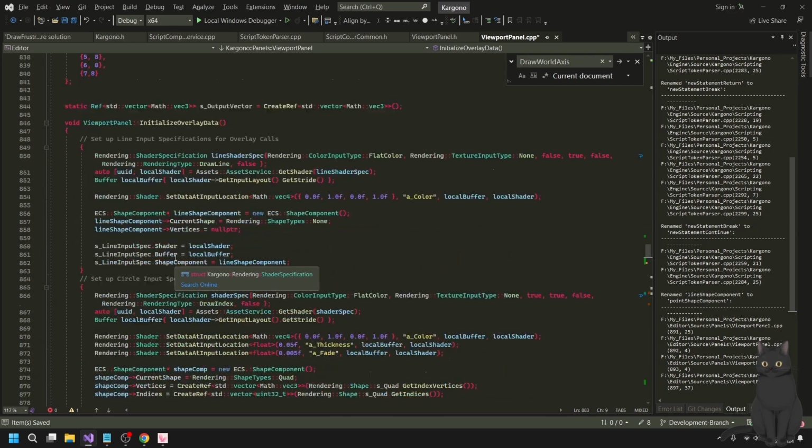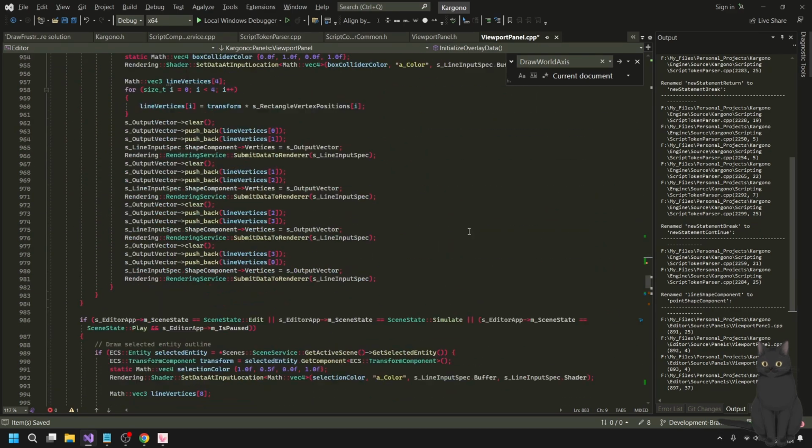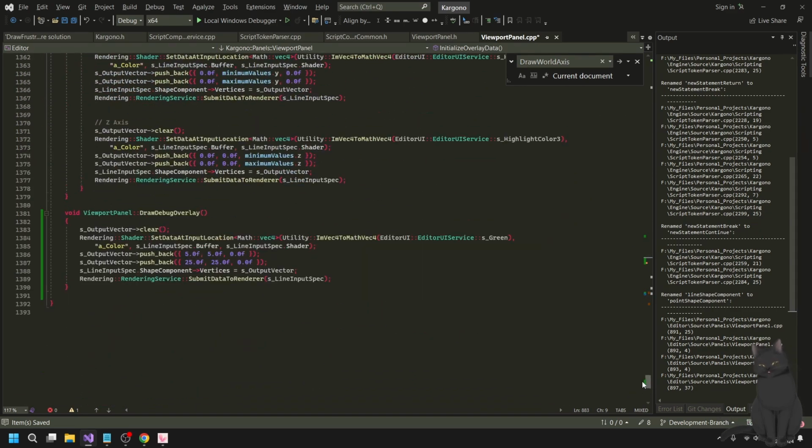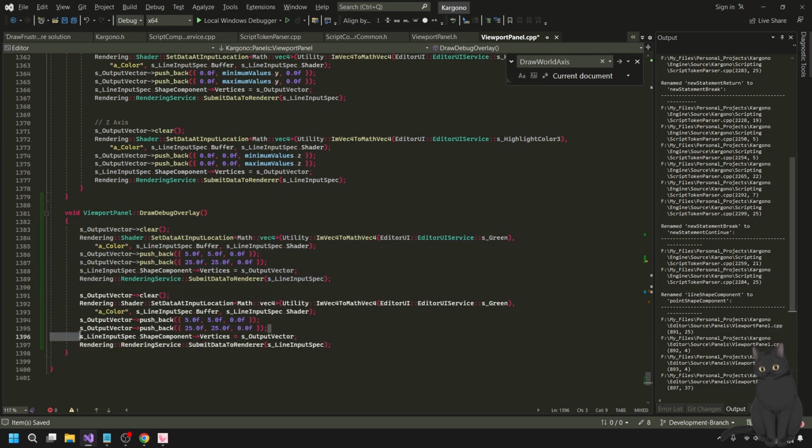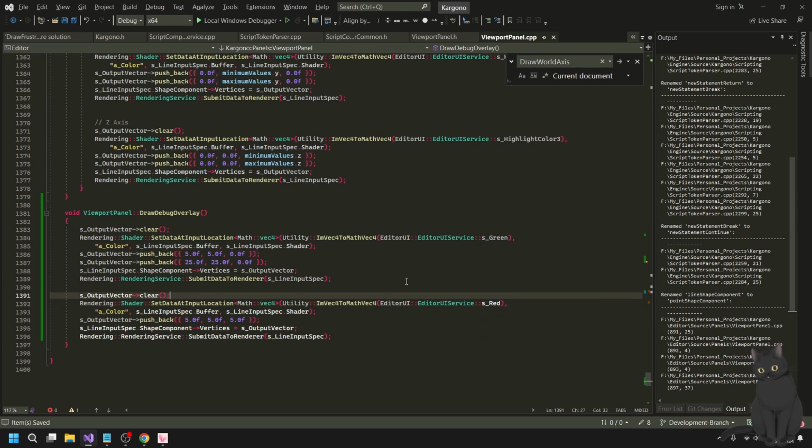So yeah, it's initialized, so I don't see any reason why it wouldn't work. I mean, there's a lot of reasons why it might not work, but let's see. Really, all I need to do is just provide one vertex. I'm gonna put it here, I guess. Just like 555, right? I think it automatically billboards it, if I'm not mistaken. But for this one, we're gonna do S red. Make it distinct.